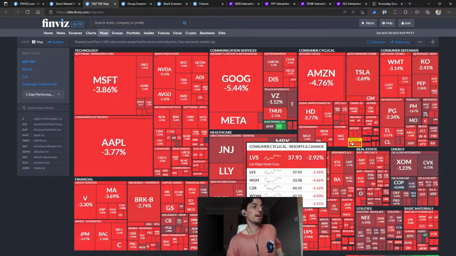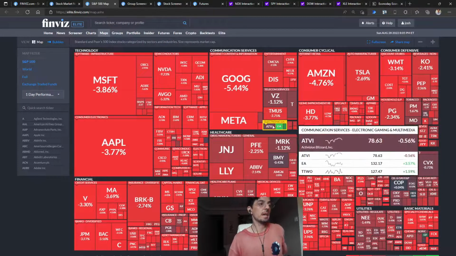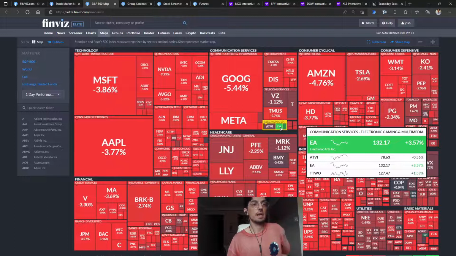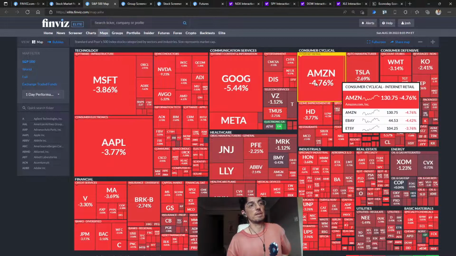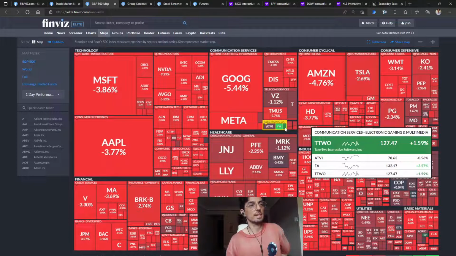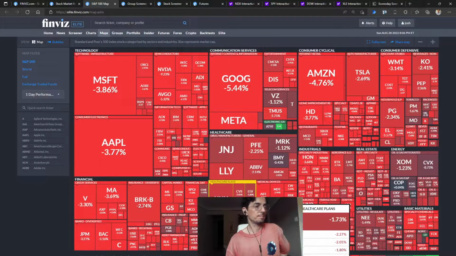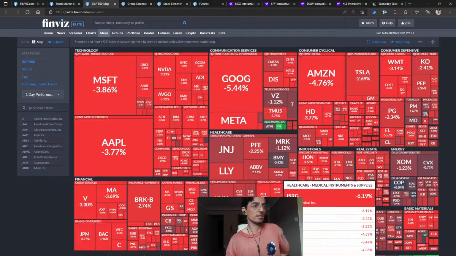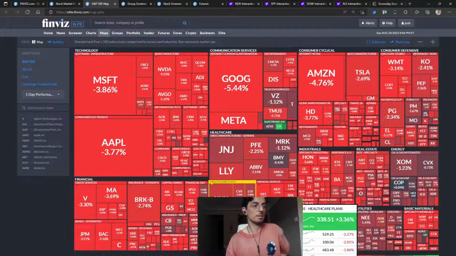The heat map for Friday was all in the red except for EA Sports, which may be rumored to be getting bought out by Amazon, who was also down 5%. If EA Sports gets bought out, everybody thinks that's exciting. Also Take-Two Interactive, which must be somehow related. When you have a case like this where everything's in the red and one thing's in the green, you should probably go read up on why, because it might be a story you might want to follow.